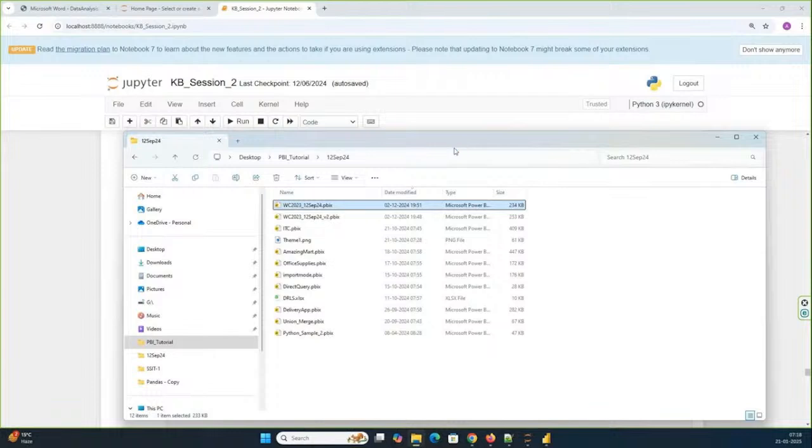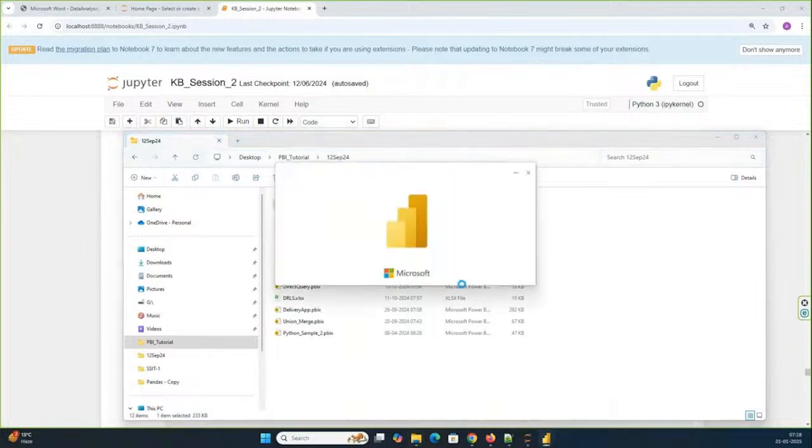Okay. For your batch, the sequence will be, all three are independent. It's not that you have to learn SQL first, Python second, and Power BI third. No, all three are independent. You can directly work in Power BI, or you can learn SQL and Python also. There is no particular sequence. So for your batch, it will be starting with Power BI first. Okay. Then once I open Power BI, we can speak on